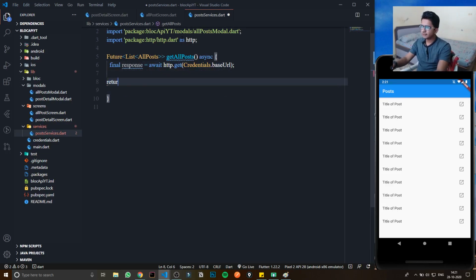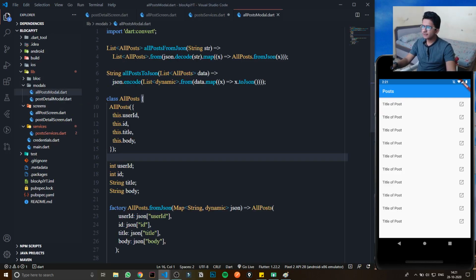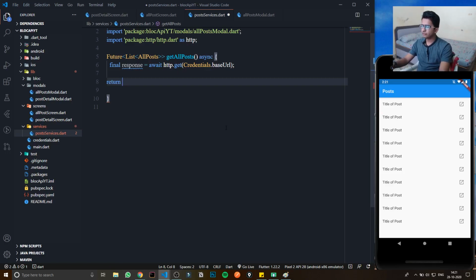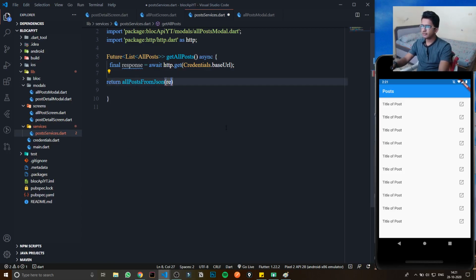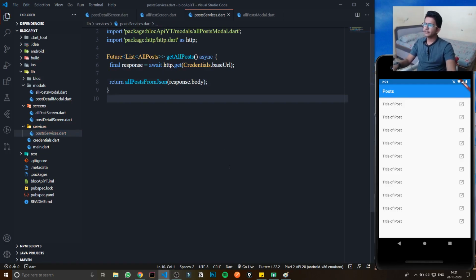Now here I can say return, go to model AllPost. Here you can see the data which we are going to receive is from JSON. So I have to call this function. We don't have to copy paste, we can just call it like this, allPostFromJson and response.body. Great.